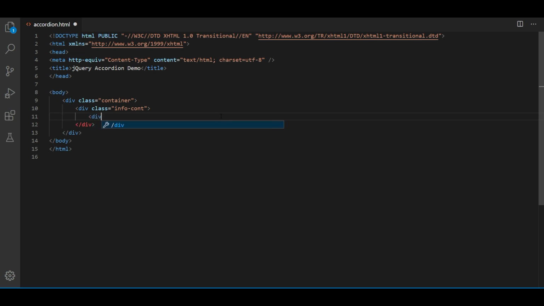As you know, all accordions are divided in two sections. First one is the title. So let's add a div, class section-title, and give the title heading 1. Let's add a span tag to show the plus and minus icon there.